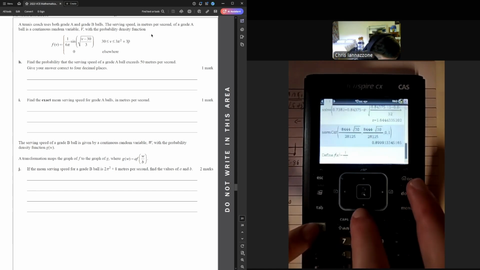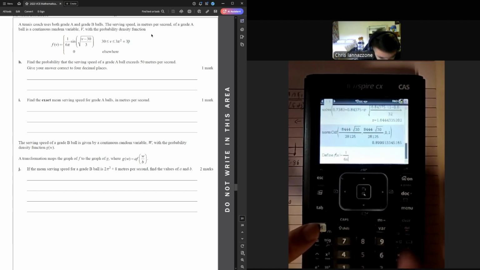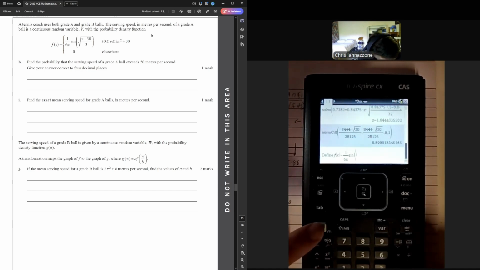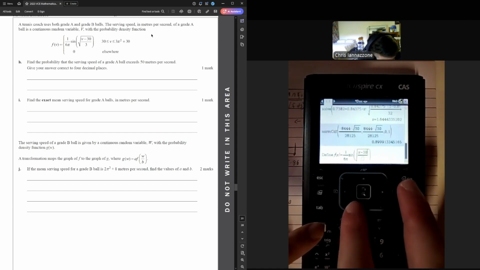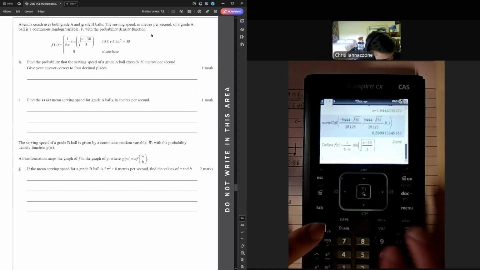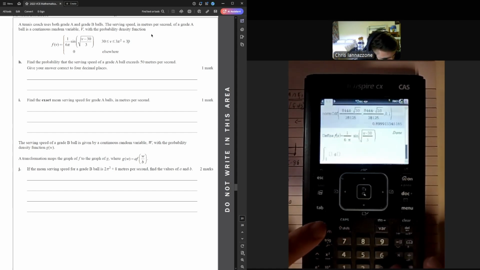1 over 6 pi times sine of square root of x, take 30 over 3. Cool, that's our function. Now we're just going to do our continuous probability thing, which means we want to do